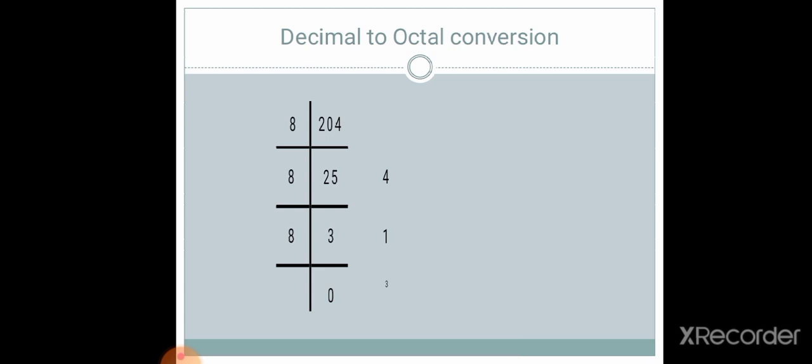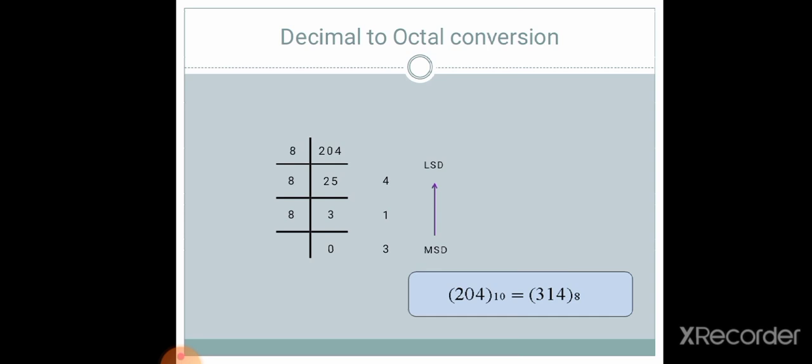So this is the final procedure. Until 0 appears, you have to keep dividing. The procedure you have to continue until 0 appears at the bottom. So we'll stop our division here and we have to consider our remainders. So what are the remainders? 4 1 3, and this is a pure decimal number, meaning it has only an integer part.